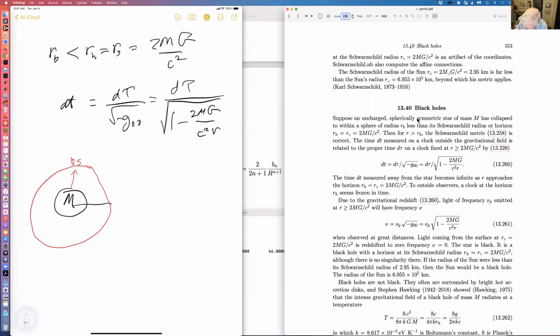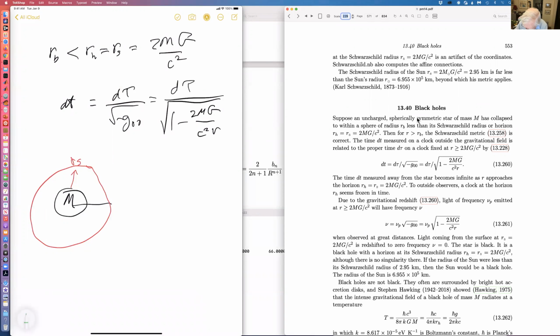But as you get closer, if your r is just, say, 2 times r Schwarzschild, or only a little bit bigger than r Schwarzschild, then dt is much, much greater than d tau. So that means that a second goes by for you here, and